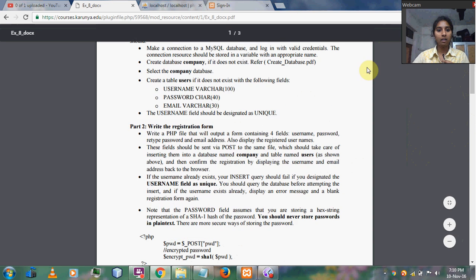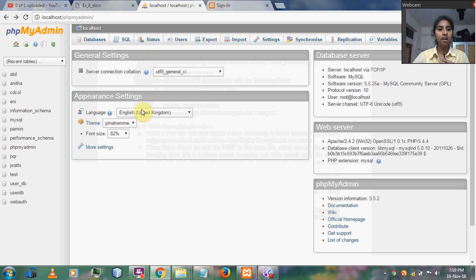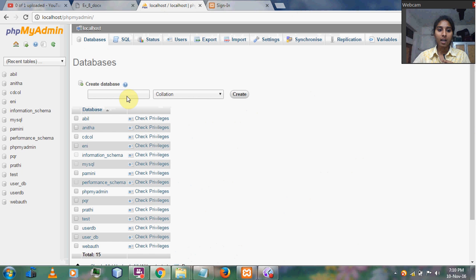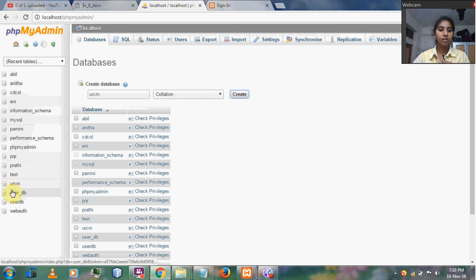Now let's see how to actually create a database. For that we are going to go to phpMyAdmin, and here we are going to see how to create a database. Initially when we go to databases, we can create our own database here. Now let's give the name as URCM, and when we say create, as you can see the database URCM has been created, and you can see the database is already present over here. These are the other databases that were already created. Now when we click on this URCM, that is our database name,